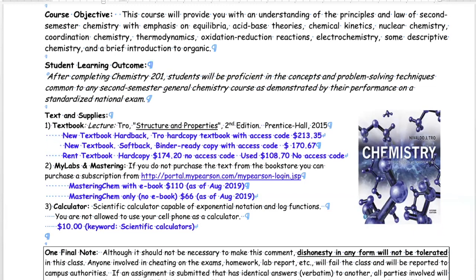All right, so let me go ahead and tell you about the materials. For those of you in lab, you don't have to buy protective personal equipment because you are not going to be in lab. It's going to be like last semester. For those of you who took general chemistry last semester, you saw it was mostly video based, so that's what we're going to be doing as well.